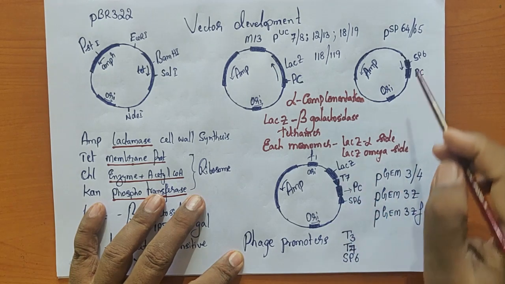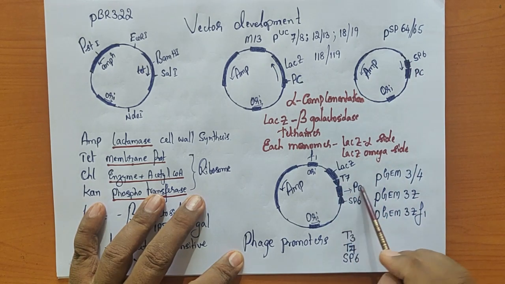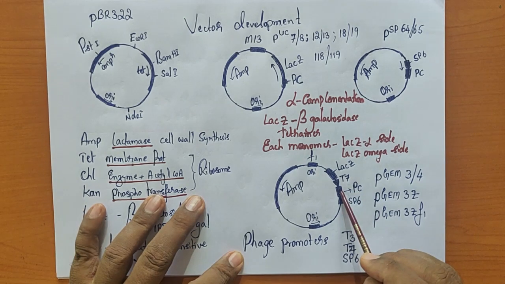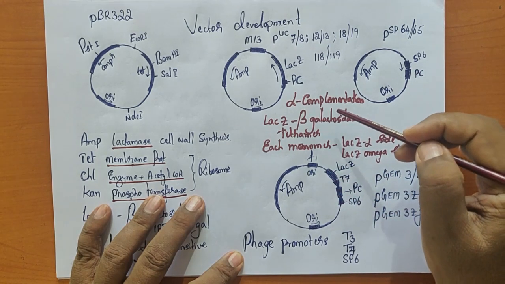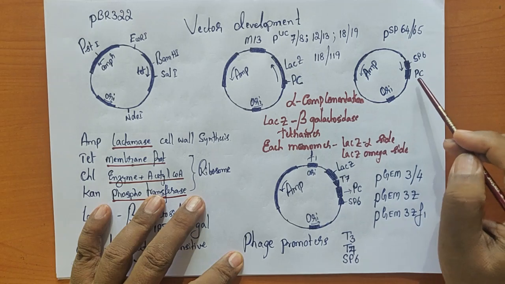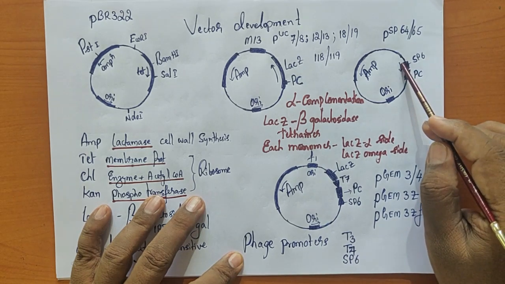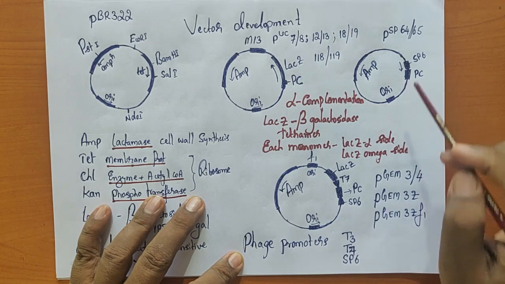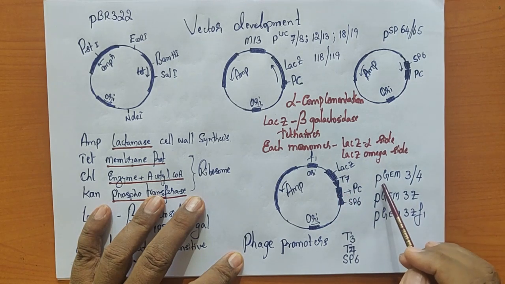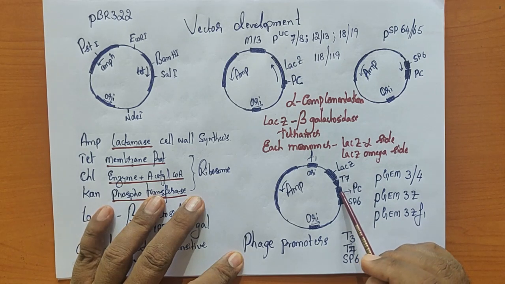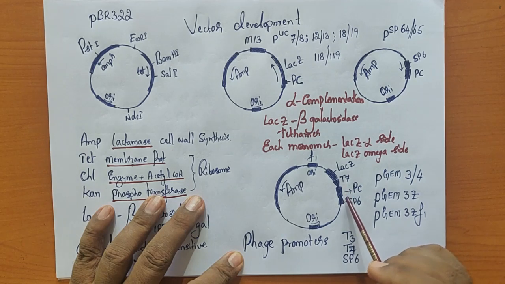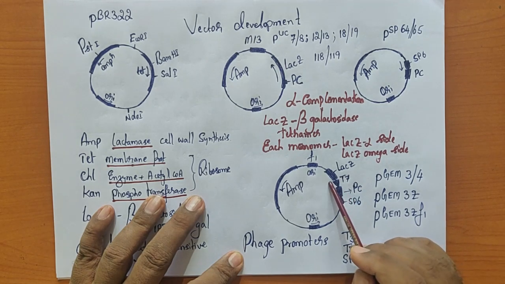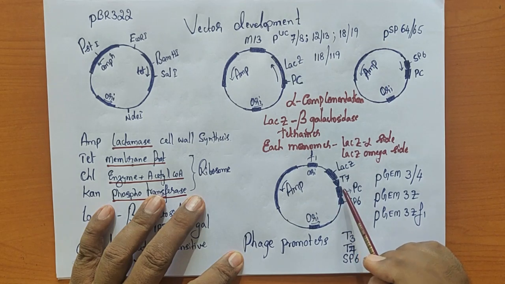Now the advantage over this is that, for example, we are going to do a cloning of our gene into this one. I told you, in this case, we have to identify whether it is positive orientation or a negative orientation. That is very important. Only the positive oriented one can be expressed using SP6 promoter in this one. But here, all we need to do is clone our gene into this polyclonal site. But you have to remember whether it is positive orientation or a negative orientation. If it is a positive orientation, you express using T7 promoter. If it is a negative orientation, you can use SP6 promoter.